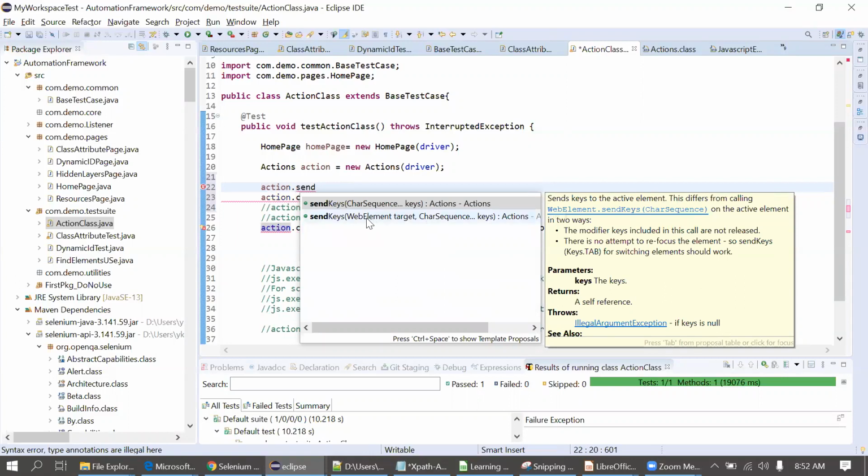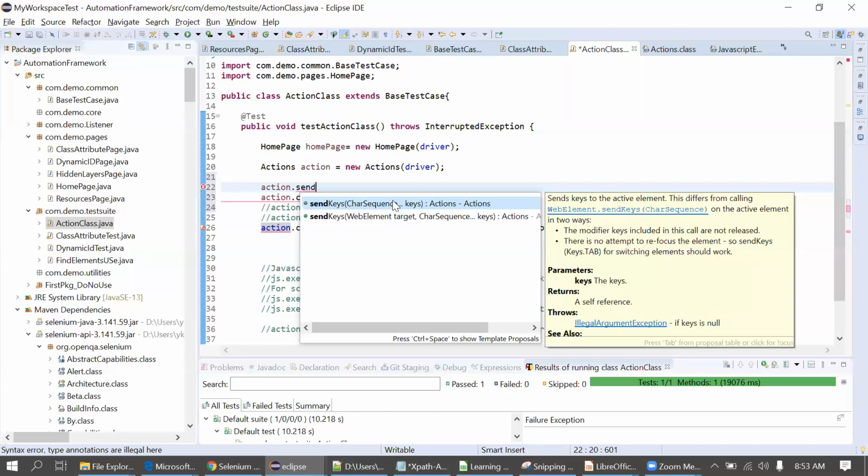In the second method, you can see the first is a web element, and the second is a character sequence that we have to send. So we have to go for the second one always, not for the first one. Can we use it if we store the XPath in a variable and pass the variable there? No, first we cannot use it, right? We have not provided any web element there. We are not providing a web element here.